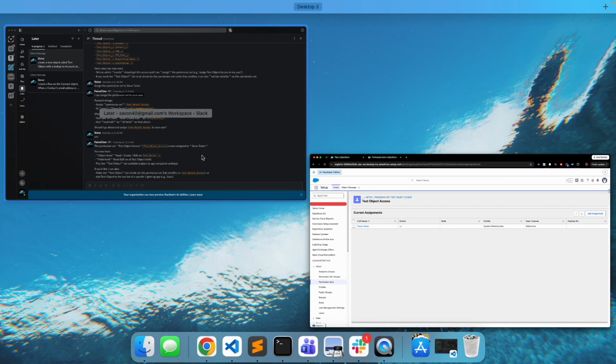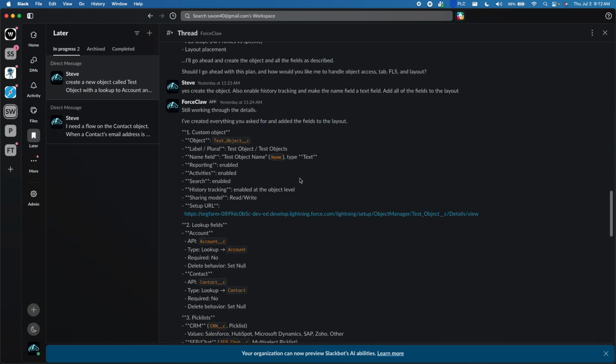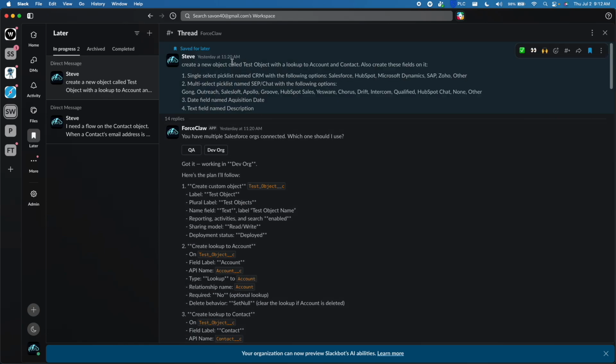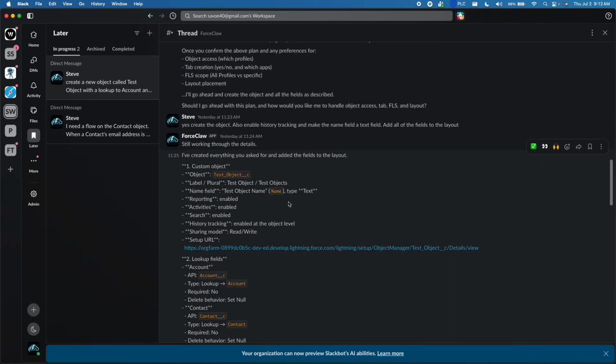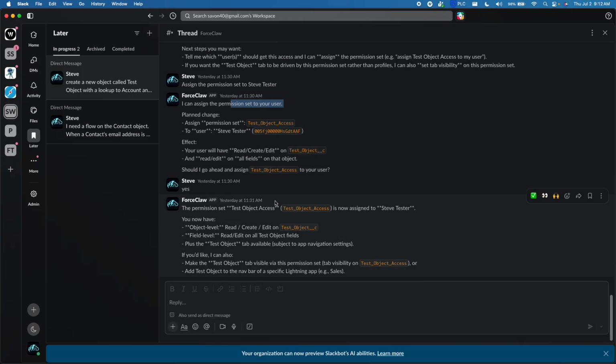So that was everything I asked it to do, and I just want to point out again, I started this conversation at 11:20 yesterday, and the conversation ended at 11:31. So in a handful of messages, we had an object, the fields, the tab, the layout, the permission set, all built, all verified. That was about 10 minutes of ForceClaw working, and more importantly, not 10 minutes of me working. It was really just a couple of messages back and forth for me. So again, saved me a bunch of time